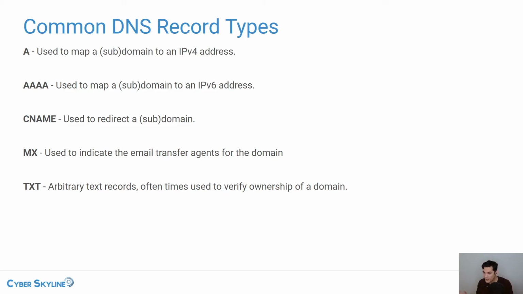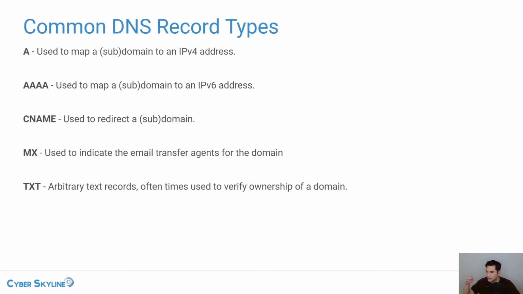Why they used 4 A's for the IPv6 and 1 A for the IPv4, I have absolutely no idea, but that's the way that they did it. And so if you want to go to example.com, you are looking specifically for an A record if you're using IPv4 or a AAAA, the quadruple A, for an IPv6 address. There's also a CNAME record. This basically allows you to do a redirect.